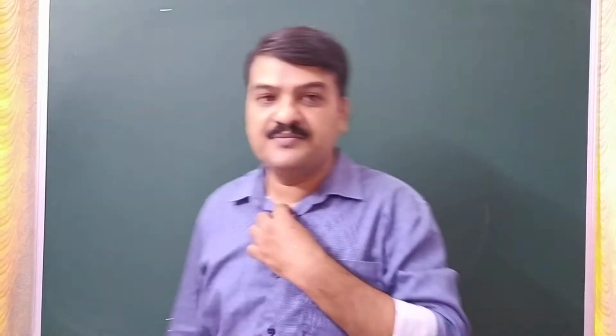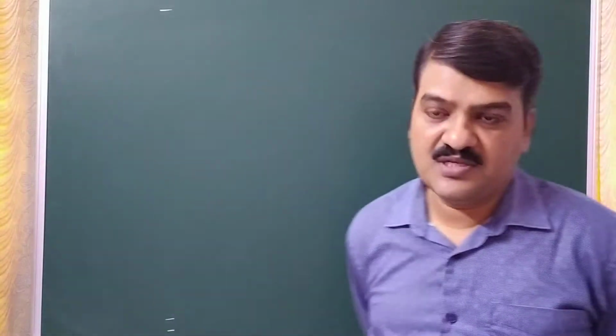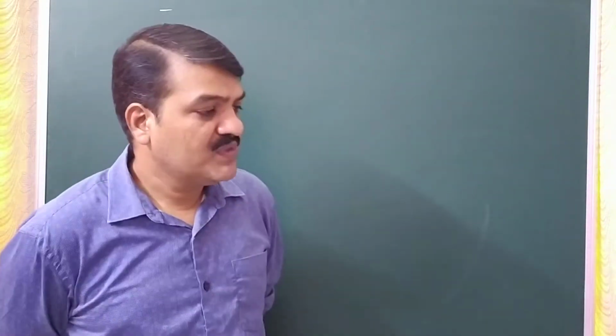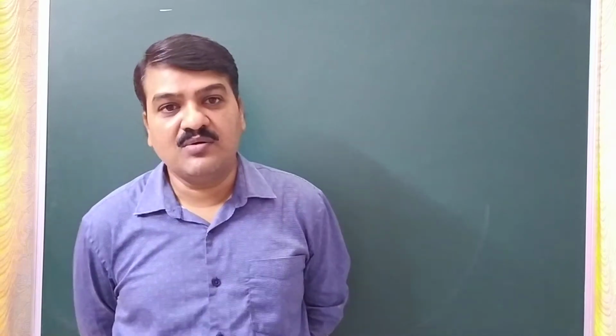Hi students, so today in this video we are going to discuss rank of a matrix by row transformations or column transformations. In the last video we discussed how to find the rank by the normal definition, that is, minor method, or you can call determinant method. So today we are going to discuss how to find the rank by using elementary transformations, either row or column transformations.